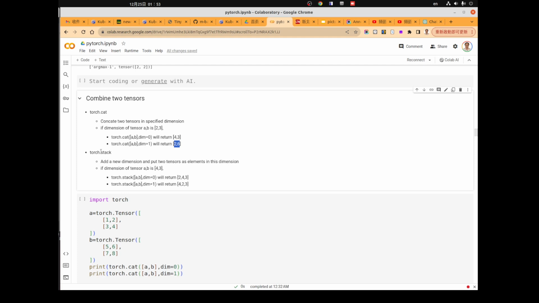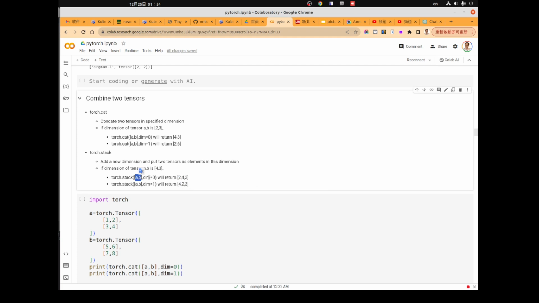And if we're using stack, it will create a new dimension. So if the tensor is 4 by 3 for tensors A and B, if we stack them together at dimension 0, it will create a new dimension here. And in this dimension, there are 2 elements since we stacked 2 tensors together. Okay, so if we stack A, B, and C, this will become 3.